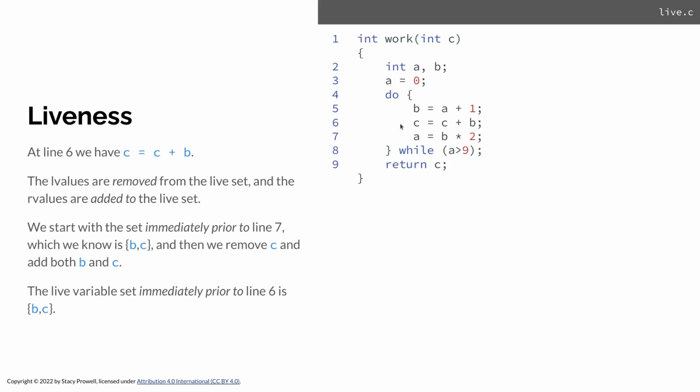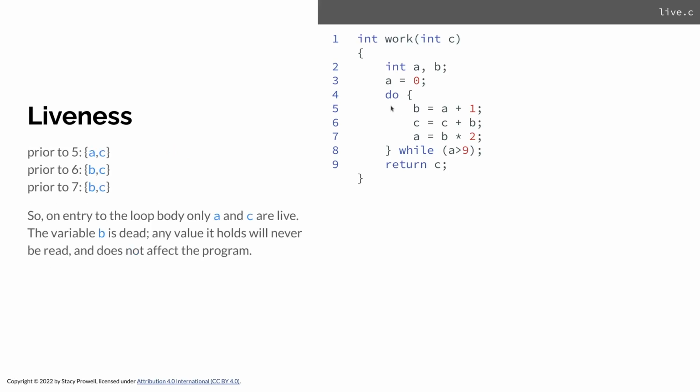Then we can work our way back to line 5, and at line 5, with C and B live after it, we find out that B is overwritten, so B comes out of the set, and because A is an R value, it goes in the set, so now prior to this it's A and C. There we go. So we wind up with this little set of